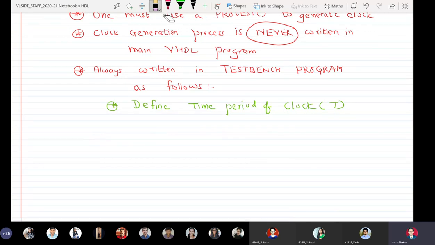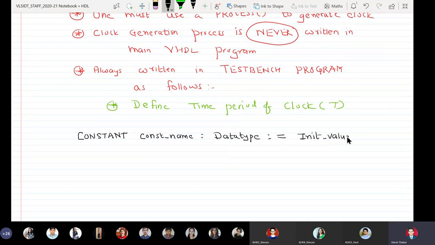The syntax for defining constants in VHDL is constant space constant name colon data type colon equal to initial value semicolon.